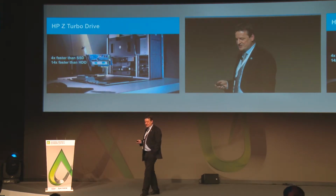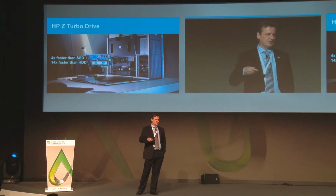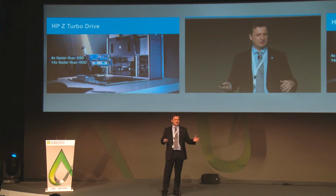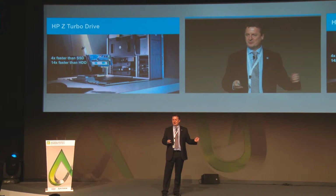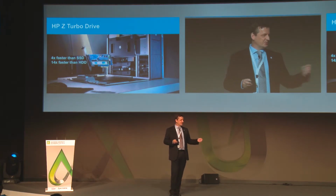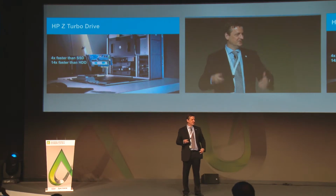One more thing that's interesting: when we talk about technical application requirements today, we often think about graphics, memory, and processor, and we forget about storage. The biggest bottleneck today, for many applications, is actually storage. Whenever you wait in front of your PC to do something, you usually wait to load data from the hard drive. And it starts with the boot up time, which can take up to 2 minutes until you get your